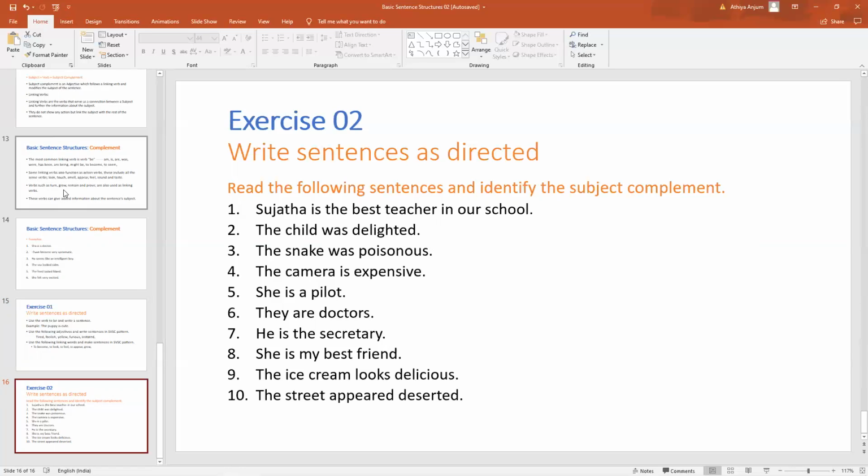a sentence and identify in which pattern that sentence is written, as well as to write sentences in this pattern. So for your assignment, you will write down 10 sentences of your own. Don't try to copy anything from the slides. If you have understood, write at least 10 sentences using different adjectives in this SVSC pattern. You will have a subject, then a linking verb, and then an adjective, and write at least 10 sentences in the SVSC pattern, right?